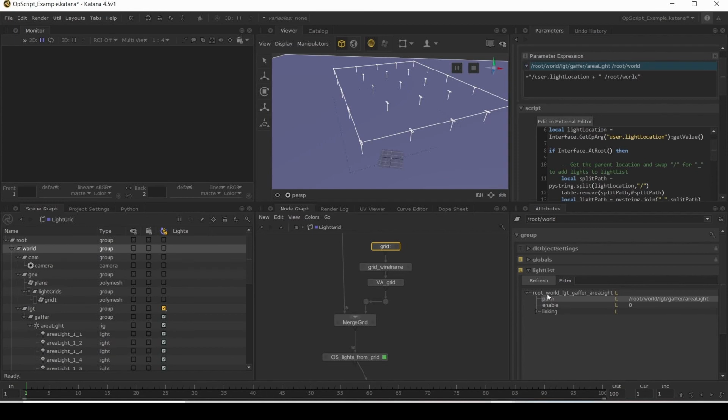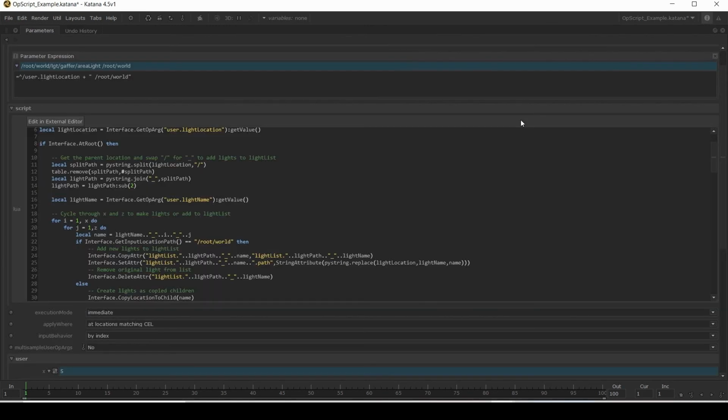So it's root underscore world instead of root slash world. Okay, oops, sorry. Go back here. And that's what this bit is. So we're going to do a pystring join and join it all back again with underscores. So now we'll have underscore root underscore world